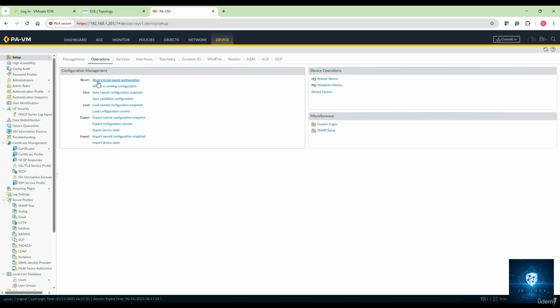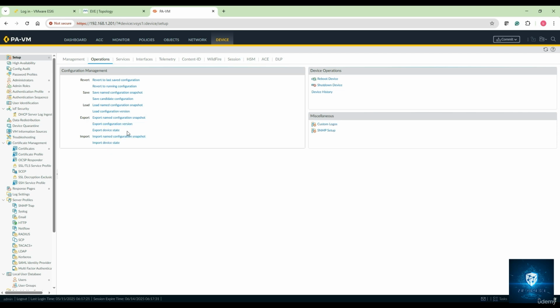You have an option called revert to last saved configuration, revert to running configuration, save named configuration snapshot, save candidate configuration. You can load the named configuration snapshot, load the previous configuration version, or export your named configuration snapshot, export your config version or device state, or you might import.